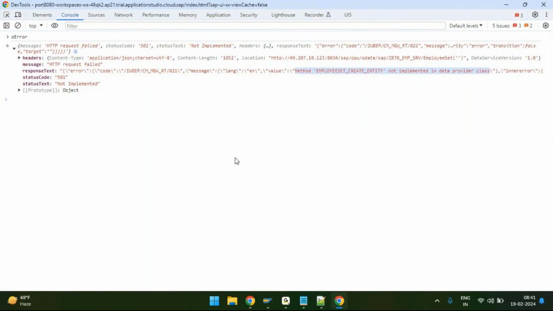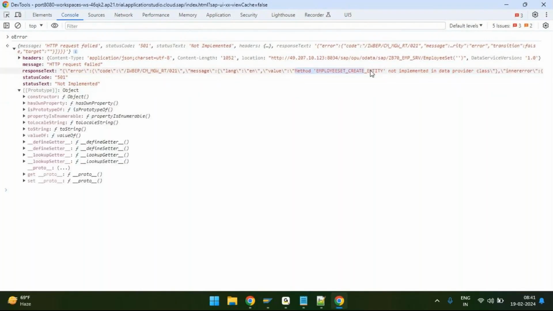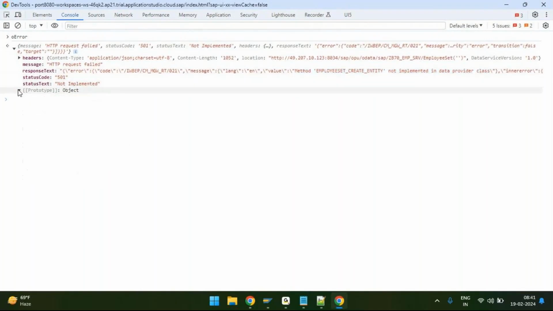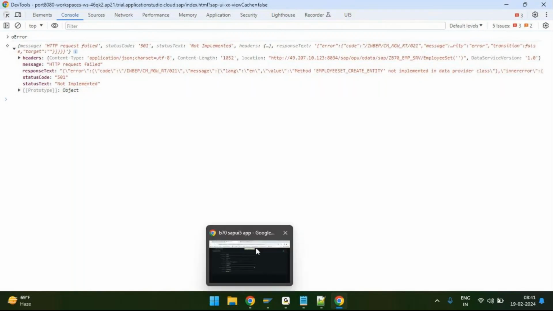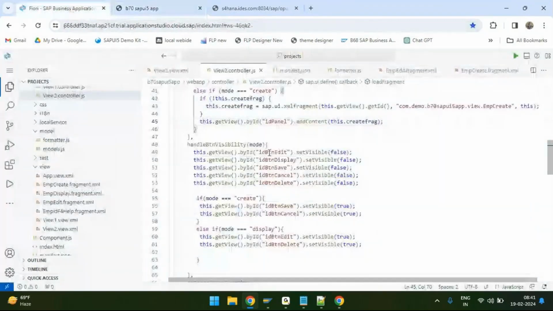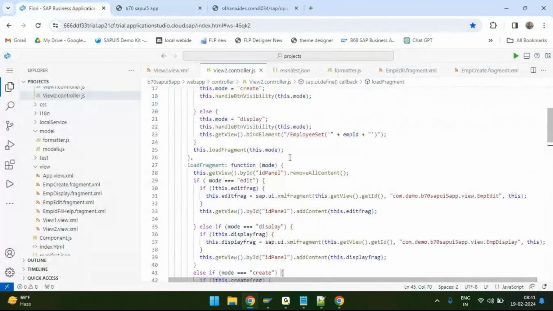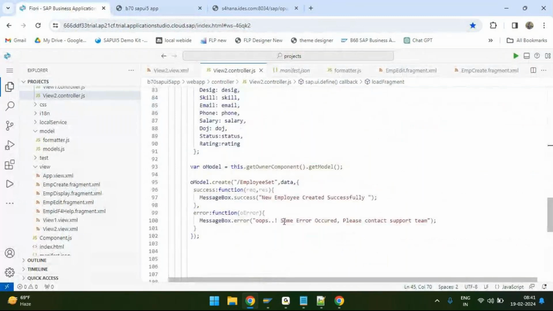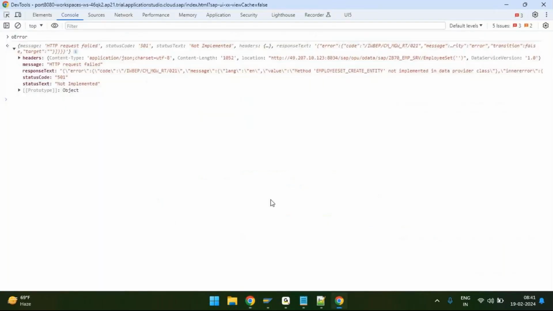Okay, so here, in case any client asks you, "Boss, I need this technical error to be displayed instead of some generic message saying 'oops'." So what is the message that we displayed? The message that we displayed is in view to controller. We displayed, "Oops, some error occurred. Please contact support team." But instead of this, if the client says, I want this message, that is